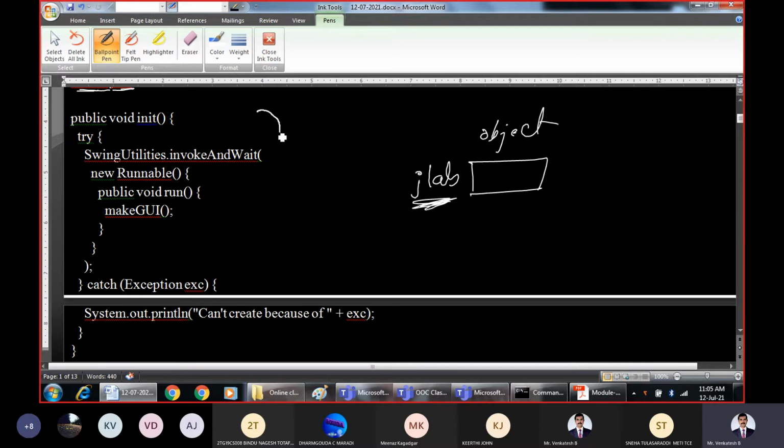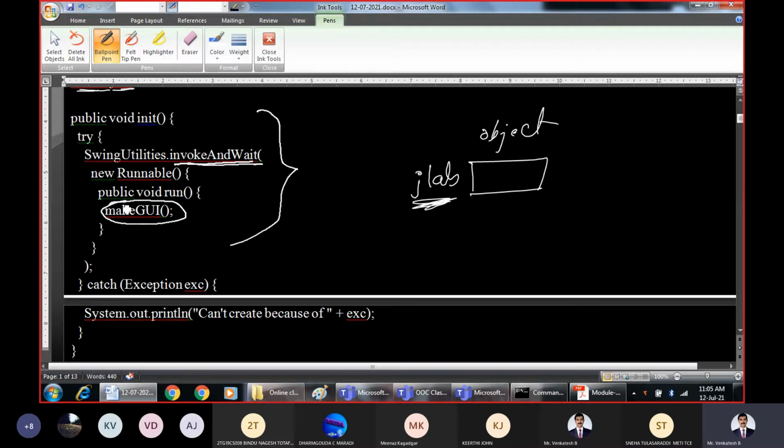This is the same as the previous discussion. That is the applet initialization method. As we know, an applet has different methods, and the init method is the one in which we begin the execution of the applet. Here it makes use of the invokeAndWait method of the SwingUtilities class. What invokeAndWait means is that it will wait until the GUI function returns.